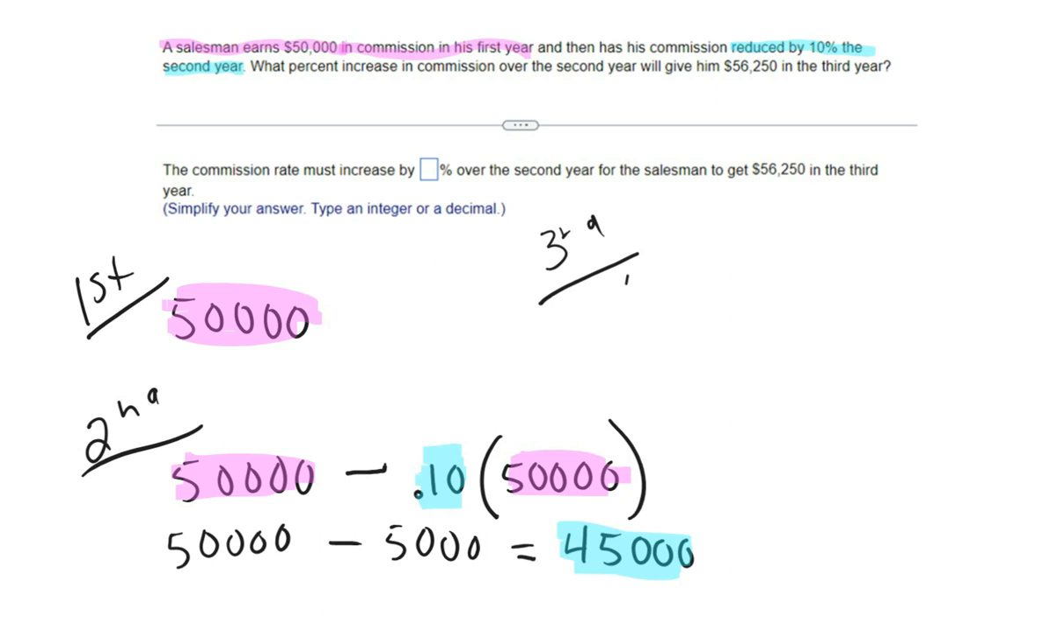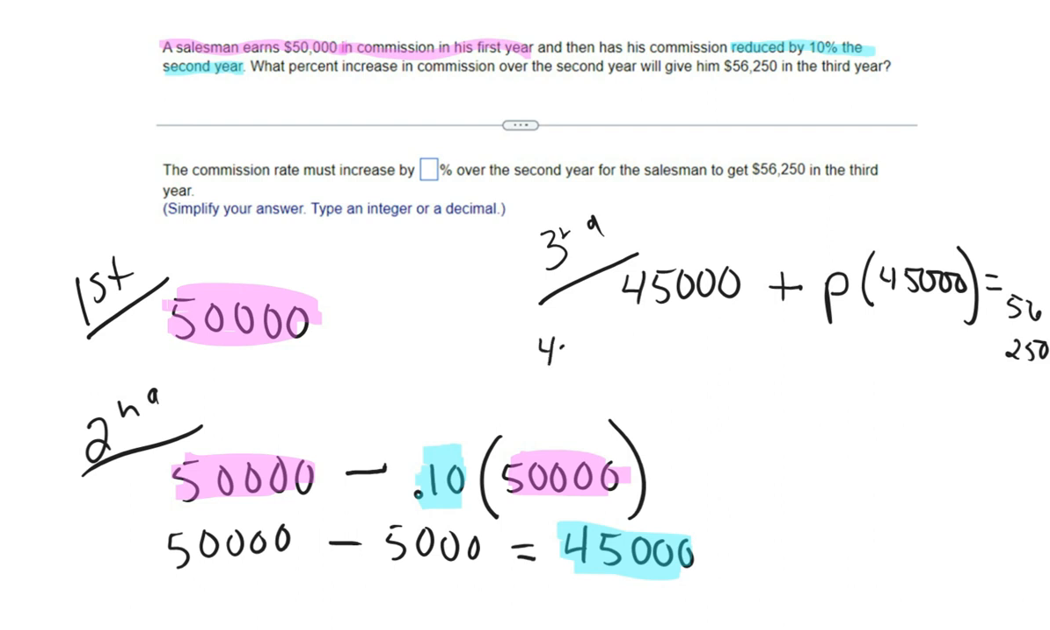second year? So you're looking at the $45,000 and they want to know what percent increase. So you're going to add a percent increase, we'll just call that P, of the $45,000. And we want to know what that's going to be in order to have a total of, now I think I'm going to run out of room here, $56,250. I'm off the screen, I think. Sorry about that. So that's basically what we're looking at. Let me move it to the left: $45,000 plus,